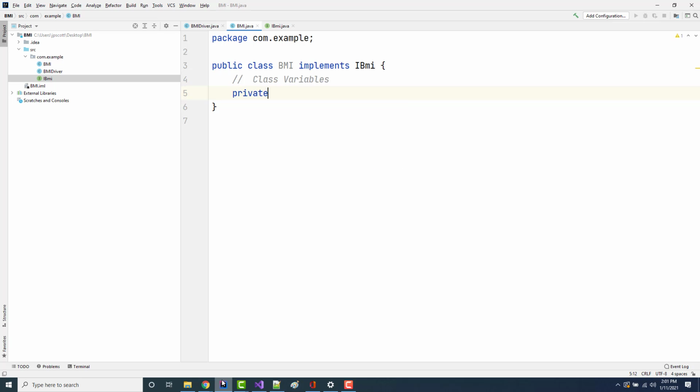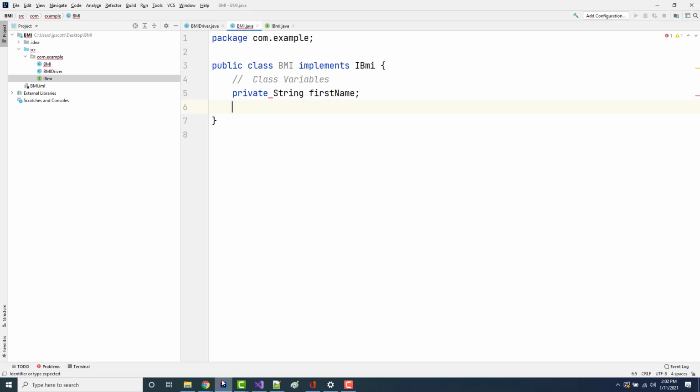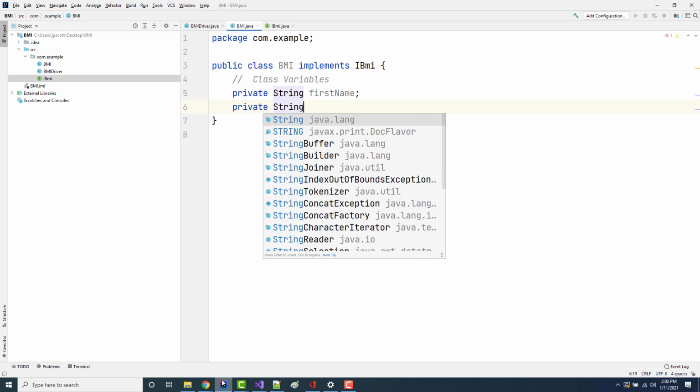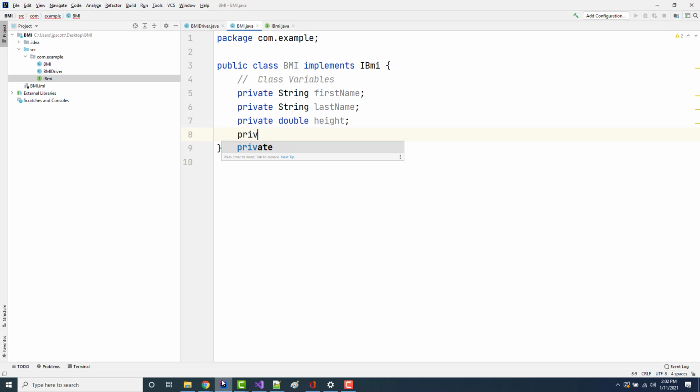Private string first name, private string last name, private double height, private double weight, private double BMI, and we'll also figure out the person's status. We've got all that stuff now. So private string